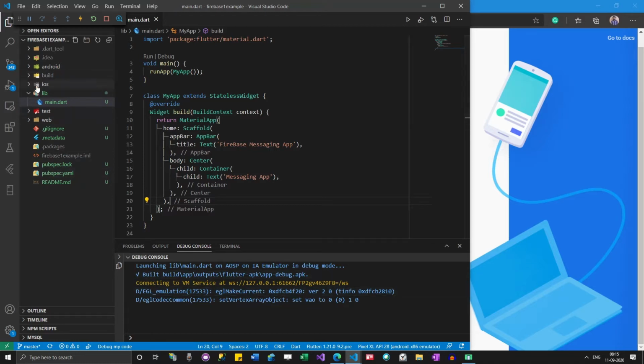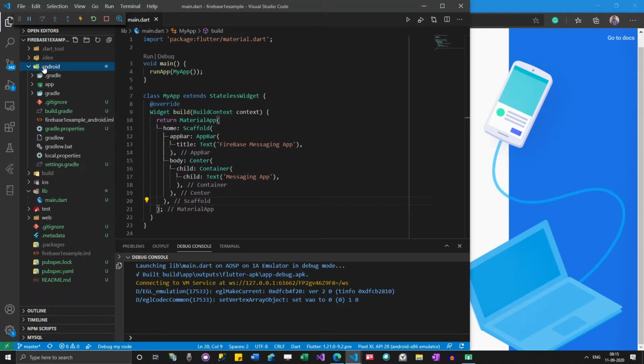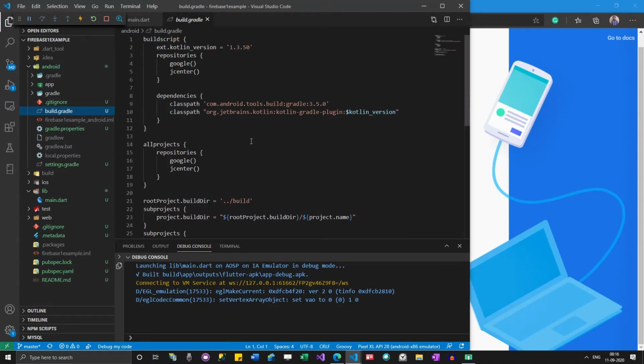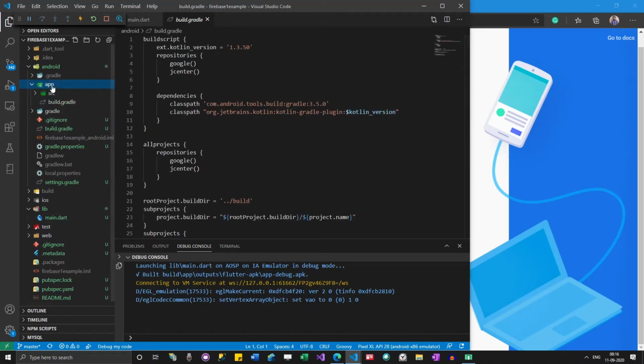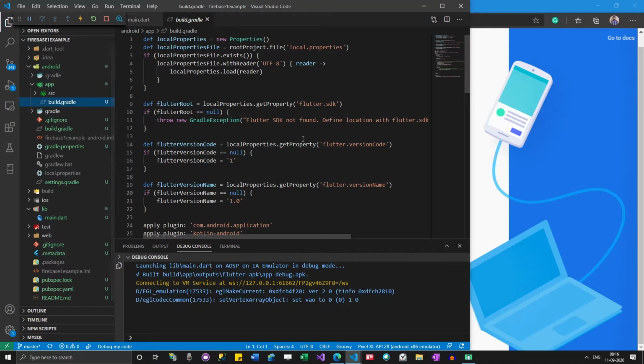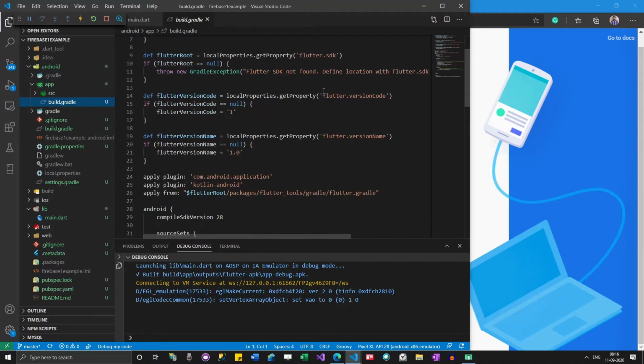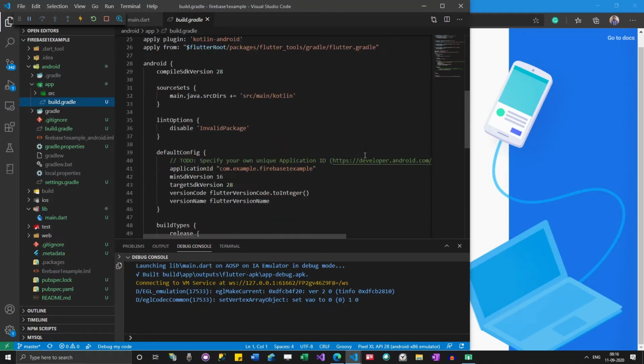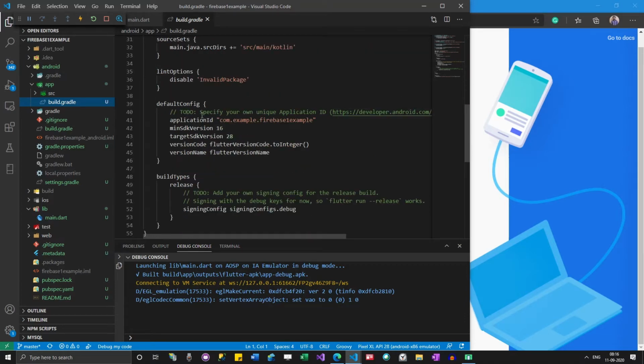So I'm going to go to my app, to this Android folder. It says that build Gradle will have some name. Here I don't have it, so let me go to this app folder, open this build Gradle, and see if I can find something. See, here I have got the application ID. The application ID is auto-generated when you create the app in Visual Studio Code.